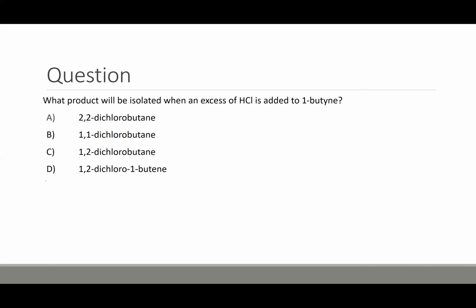Now, what if you add excess hydrogen halide? So let's add excess HCl to a 1-butyne. Similar, this is a triple bond in the 1 position. So this is a butyne, 1, 2, 3, 4. We're going to add HCl in excess. So that means it can double react. When you double react, this becomes a